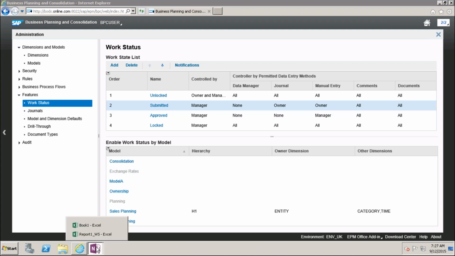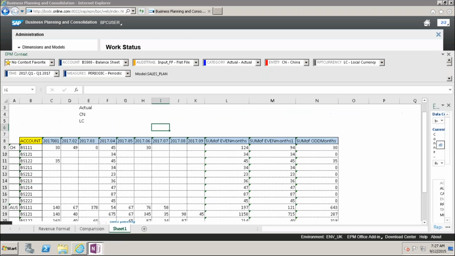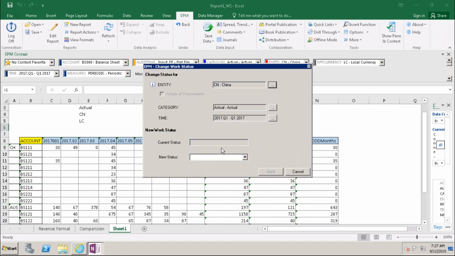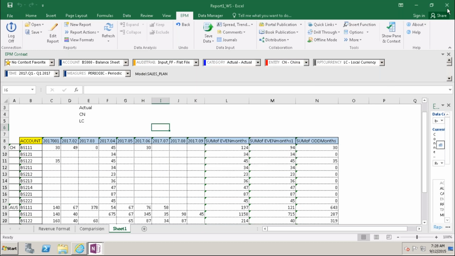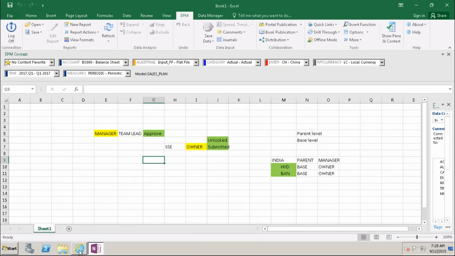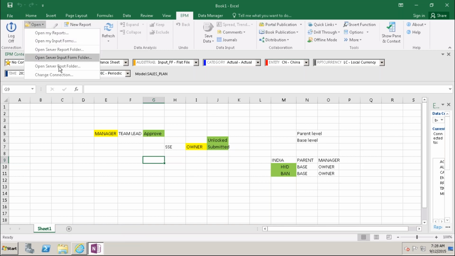Just will go and see here. Refresh. The same thing. Work status. One minute. So always this Excel needs to be closed, because whatever front end activity is done, the back end already opened Excel sheet cannot take up the changes.